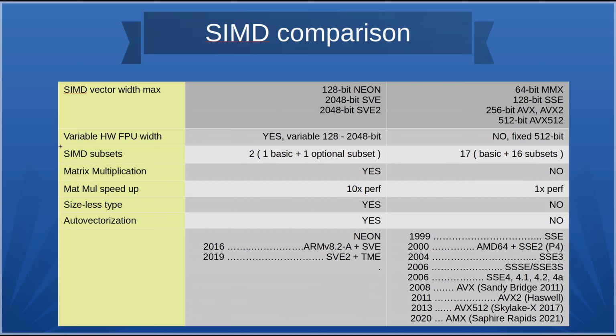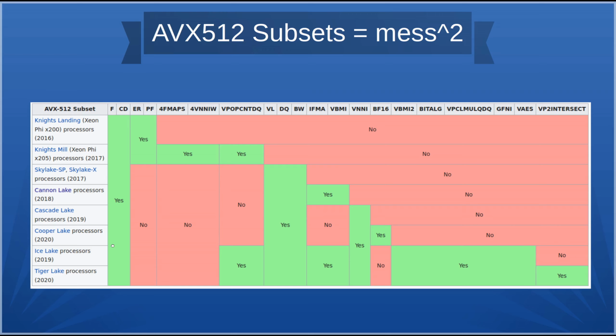So let's take a look at the subsets. You can see here that AVX-512 has 17 subsets. If you want to see, you can go to Wikipedia, and at the end of the page you will find this table. This actually explains the problem why